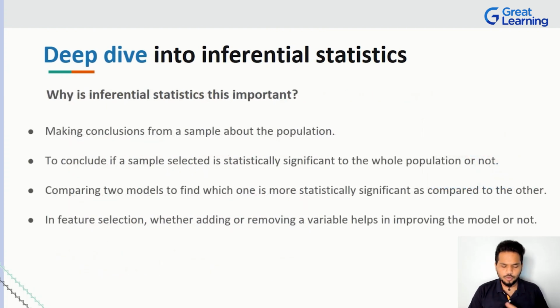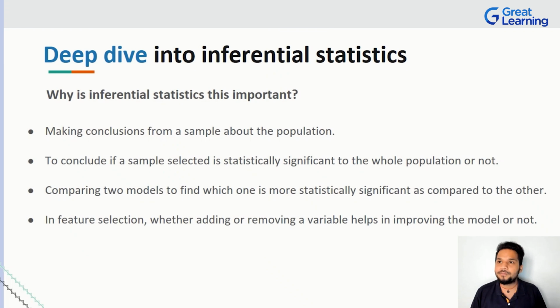So at this moment of time, you know what inferential statistics is, you know how it works, you know a couple of examples, you know its importance, you know where it is used, but you might be asking a question saying, okay, so why is it so important? Why is inferential statistics so important in today's world? Well, let me tell you one thing about inferential statistics. Making conclusions from just a sample about an entire population is how the world is basically working right now. The data analyst example should give you one example out of millions and millions of examples that you can think about, right? To conclude about something, to say, hey, I have a small sample and I've analyzed this and I can statistically say that this is very much significant to what happens in your entire population.